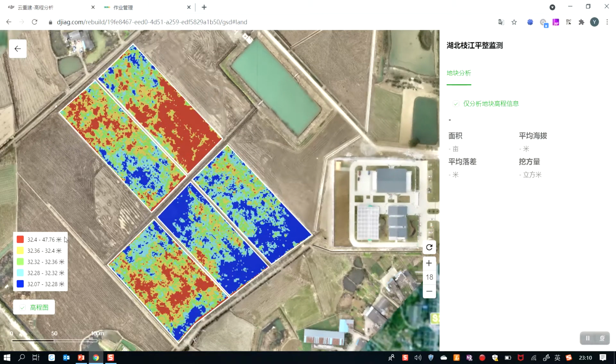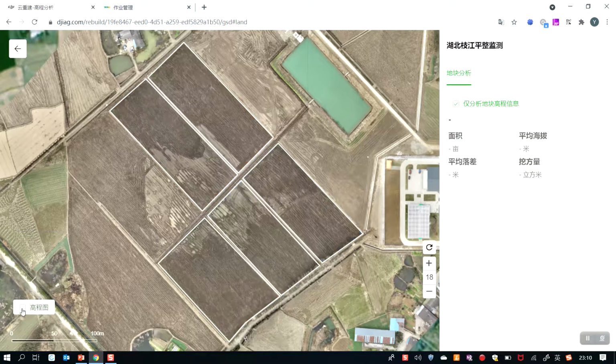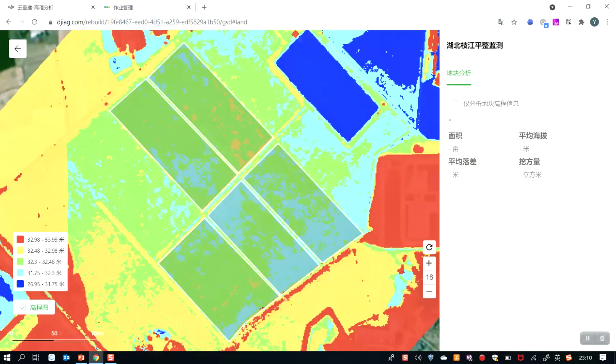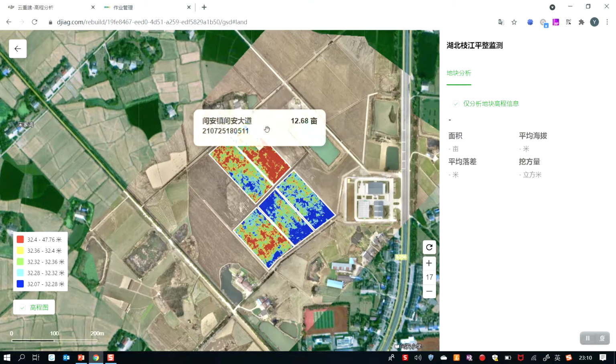So the unit is in meter. The red color means a higher elevation, and the blue color means a lower elevation. So you'll be able to see the evenness of the fields. You could uncheck fields to view the elevation distribution of the whole constructed area, or check fields to view only the elevation within